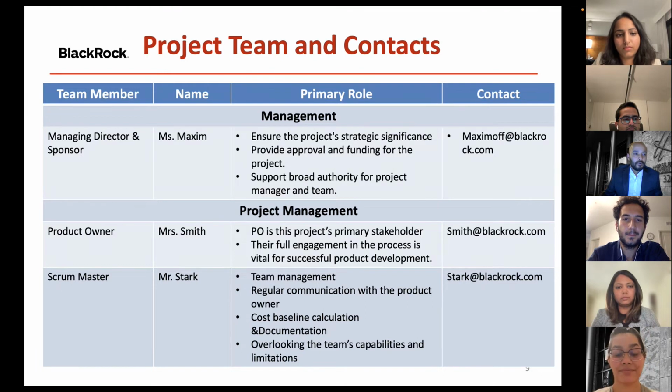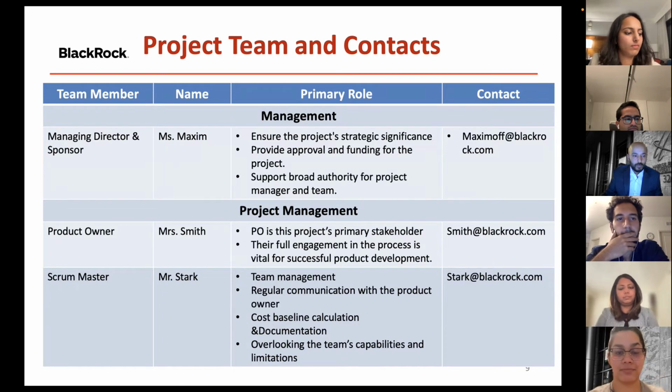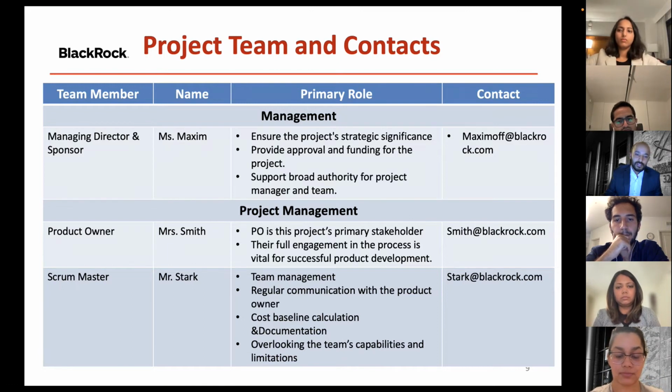So I am going to introduce the great and the most capable team for this project, those who are working on this wonderful project here. Miss Maxim will be heading the project as a managing director, and she will also be working as a sponsor here. So she will deal with all this project's strategic significance. And Mrs. Smith will be the product owner,